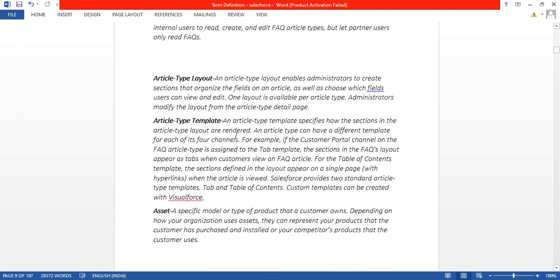Next, article type template. An article type template specifies how to display the sections of the article type layout and renders the article type differently, with a different template for each of your channels. For example, if the customer portal channel is enabled on the FAQ article type, assign the